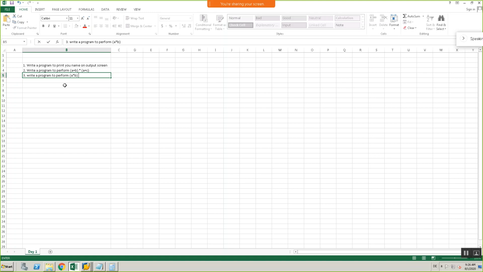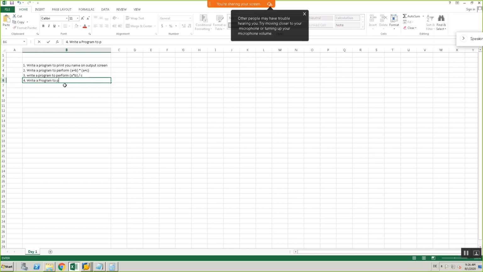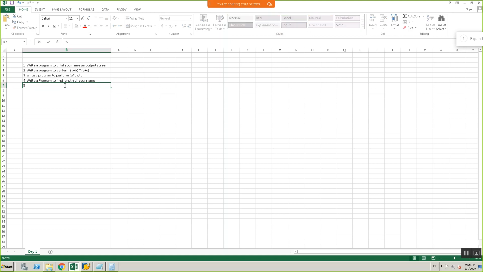A into B plus A into D divided by C. Write a program to find the length of your name. Write a program to find the length of a string.